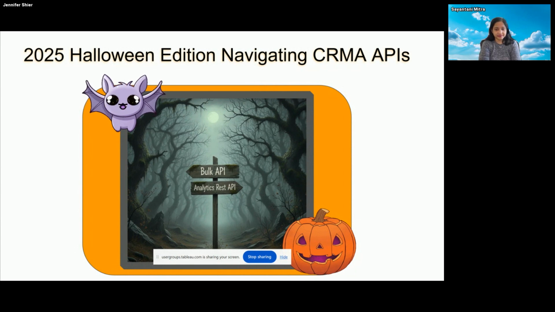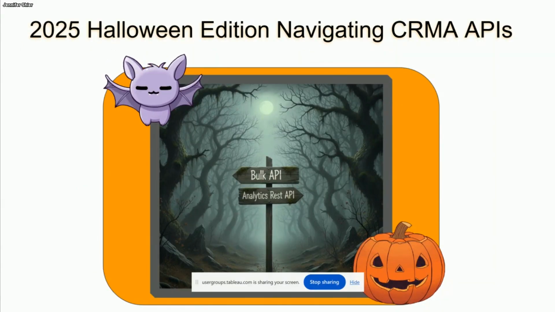I had some fun doing some AI generation, making these slides. So I'm your Crypt Keeper host because I have been around since the inception of Salesforce in 2001. And I also have been there when custom objects and integrations were introduced. So I have seen the beginning and I have seen where we are right now with our crazy